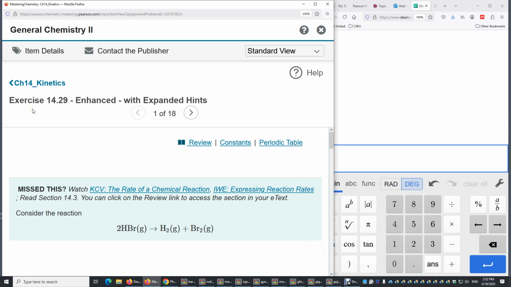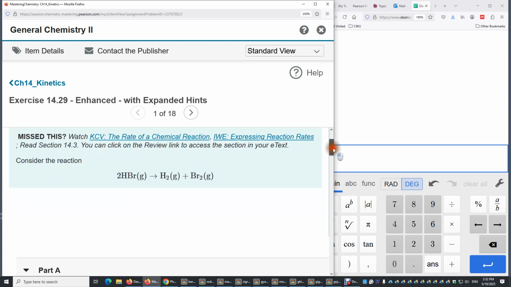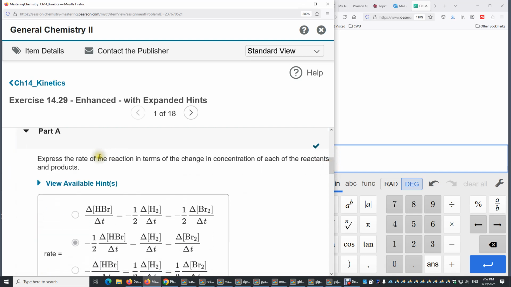Chapter 14, Kinetics. Exercise 14.29. Consider this chemical reaction from 2HBr, hydrogen bromide, to 1 H2 molecule and 1 Br2 molecule. Part A. Express the rate of the reaction in terms of the change in concentration of each of the reactants